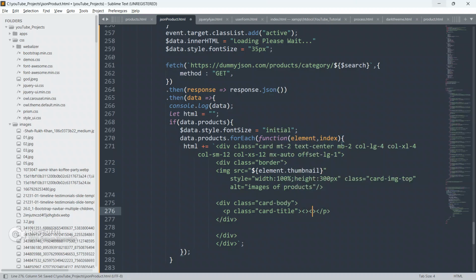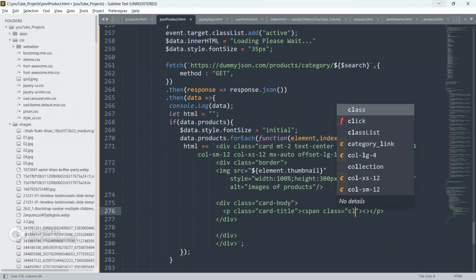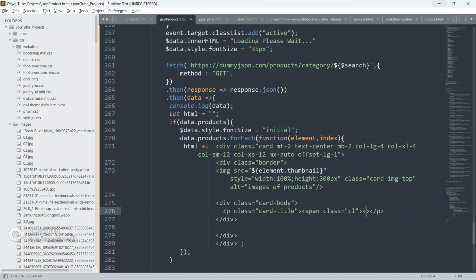Okay, close this P now, and inside this P, we have to create a span tag. So span, give it a class as CL.